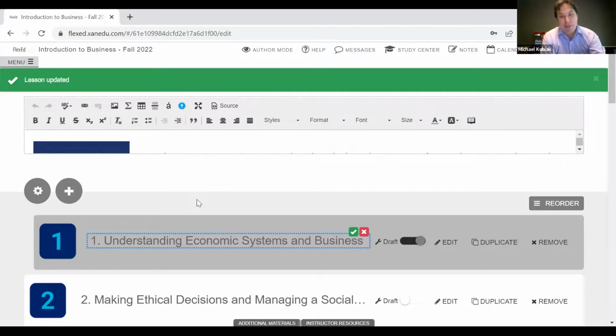So that would be one example that our team can help you easily pull that content into your FlexEd course here. Similarly for any of the other OpenStax content, just as Lindsay shared earlier, the beauty of the way OpenStax has designed it is it's very easy to do that, and in most of those cases we have ancillary content we can build in as well.